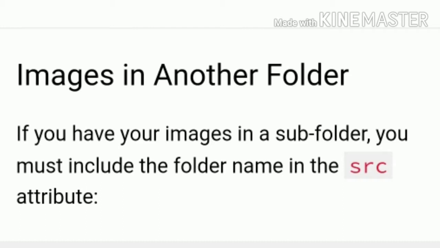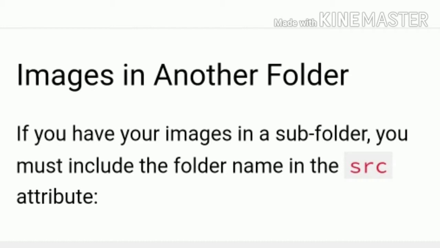In case you want to display an image from a subfolder, you can give the different folder names in the src. For that, the syntax is, for example, img src equals within double quotation \images\html5.gif. That is the image name.